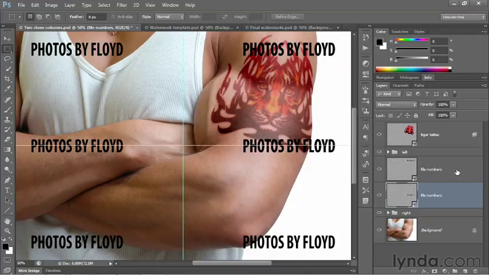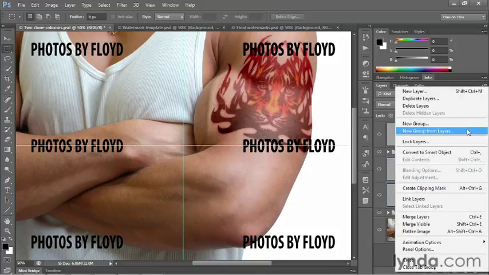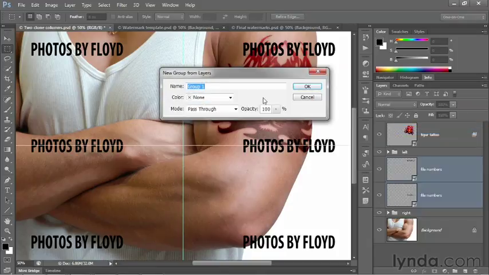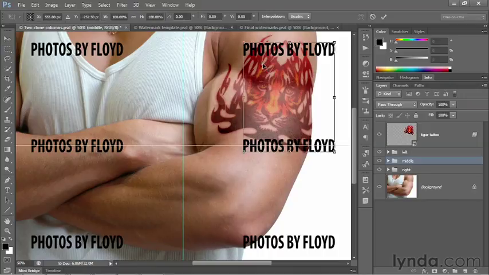All right, now grab both of these guys, so Shift-click on the other layer there in order to select it. And let's create another group by going up to the Layers panel flyout menu and choosing New Group from Layers. And go ahead and name this group Middle this time around, and then press the Enter key or the Return key on the Mac. Now we need to properly position these layers, and you do that by pressing Control-T or